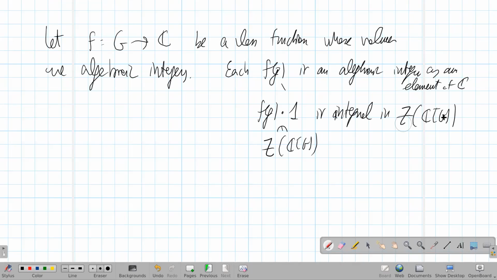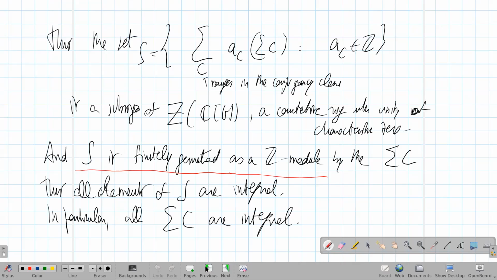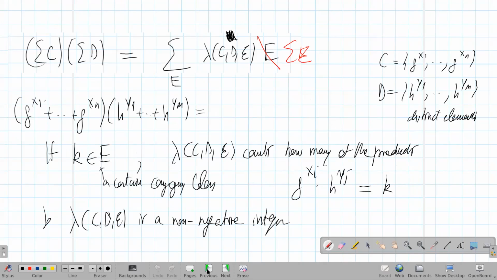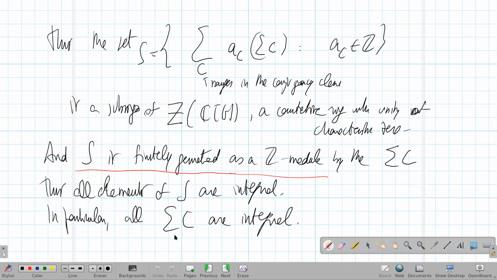But remember what we have found: it's an algebraic integer, so it's a root of a monic polynomial, and of course when you multiply by 1, which is the 1 of G, it's still a root of exactly the same polynomial. Okay, so we have that this... Let me not delete this page, otherwise I make a mess. I'll delete it later. So we have proved that all of these sums of the conjugacy classes are integral,